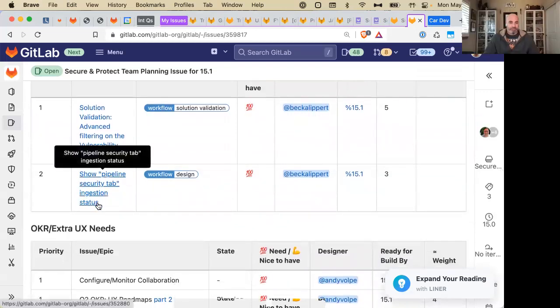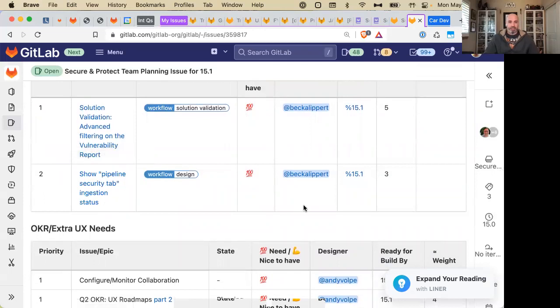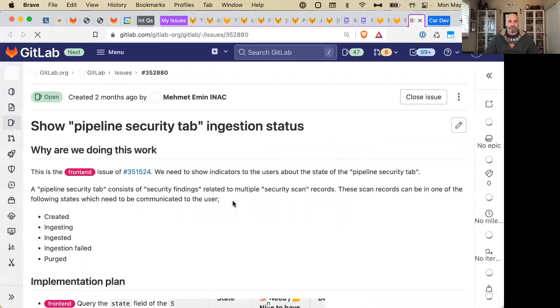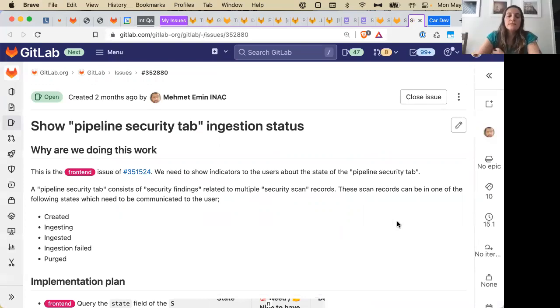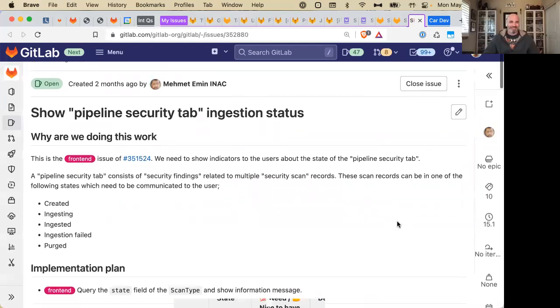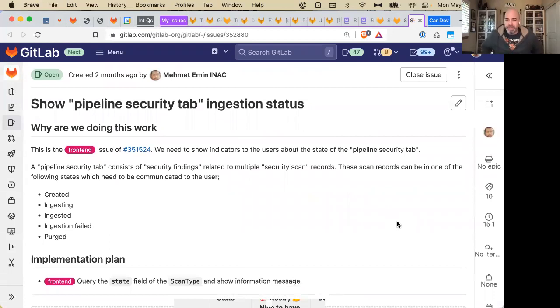What about this one? Pipeline security tab. Did you click on that? I think this is one. Yeah, this is something that Sam wants. Sorry, Matt. Are you working with too many PMs?